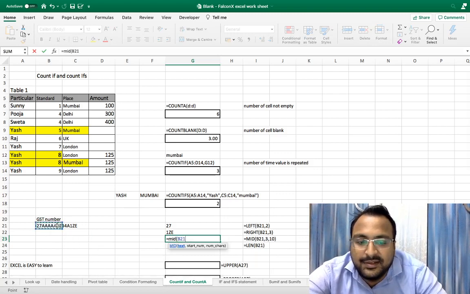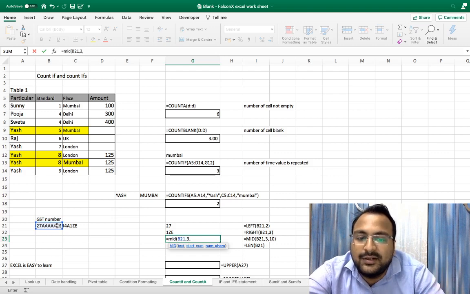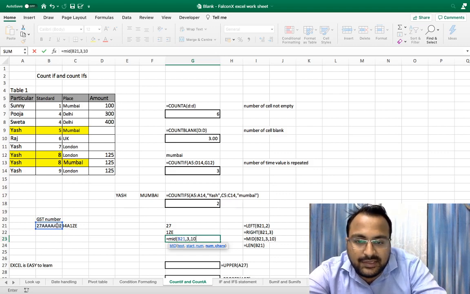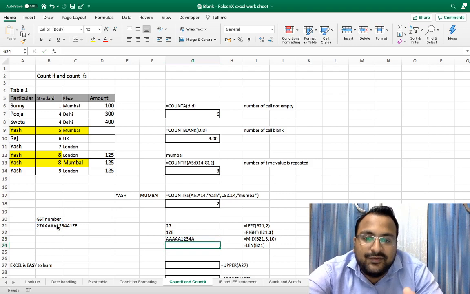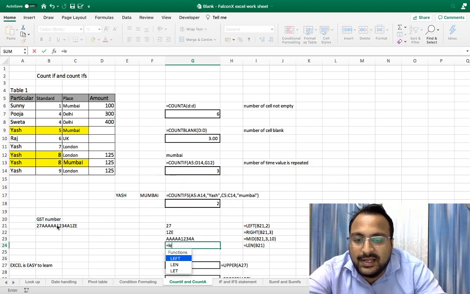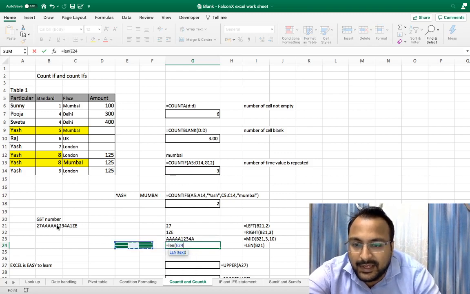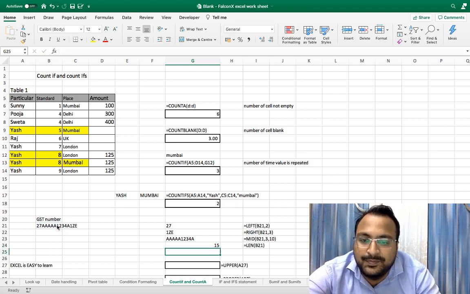First is the text, second is the starting number, which will be 3 because from the third character I want, and from the third till the 10th character I want. 10 characters I want, so I will write 10. As you can see, we got the complete PAN number. Now, if you want to check whether the GST number is of 15 length or not, we will use LEN and the text. This is how you can use the length function also. This was left, right, middle and length in Excel.